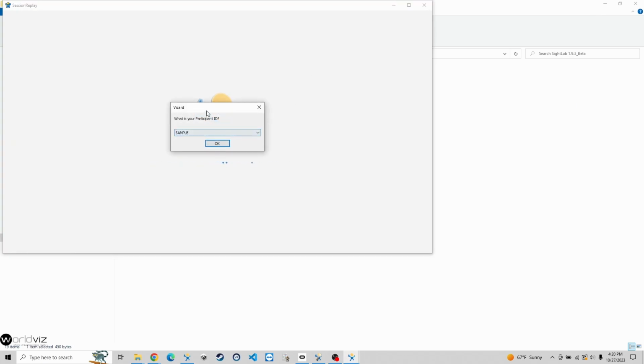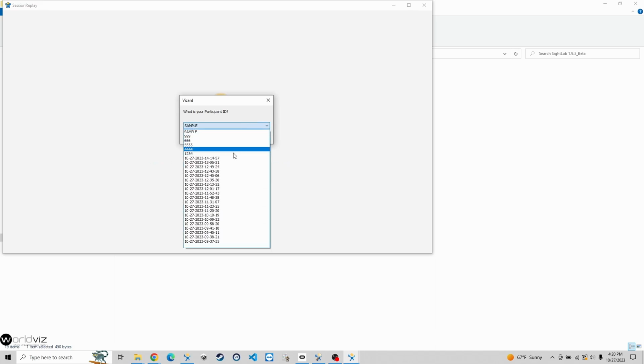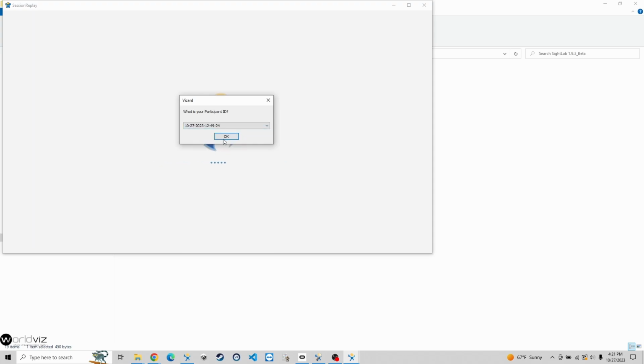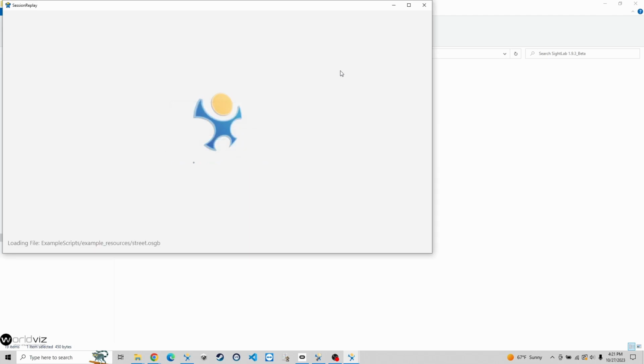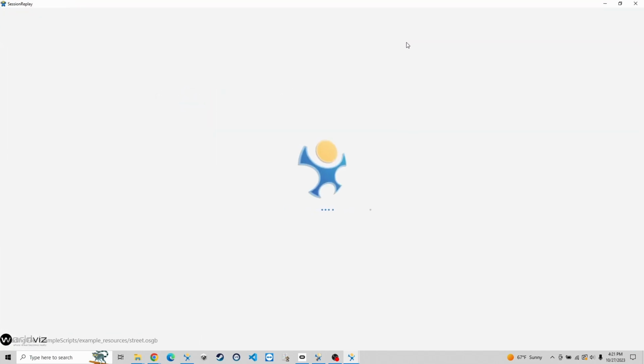And now you will have to select your participant ID. You will see that there is no option to input a participant ID in your driving script, so you will just have to look for the correct date and the correct time of your session that you recorded. So for me it will be 12:49. Click on that and then OK, and OK again. Now the replay will open,